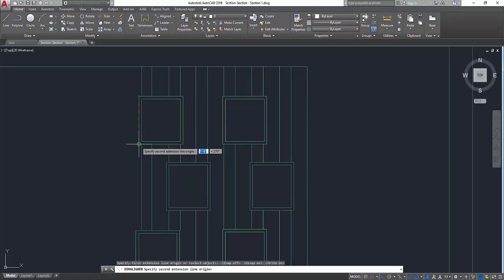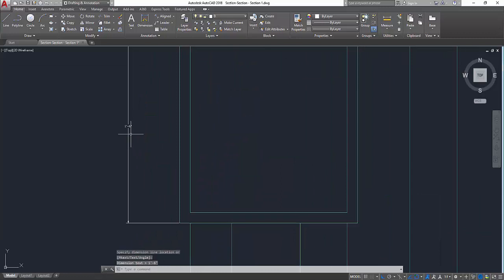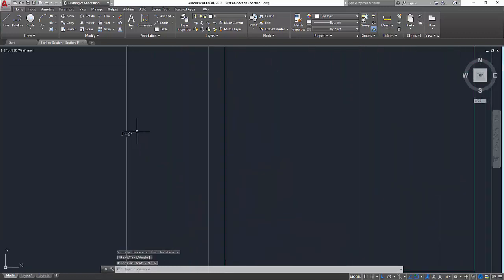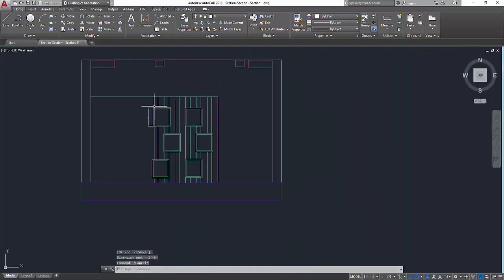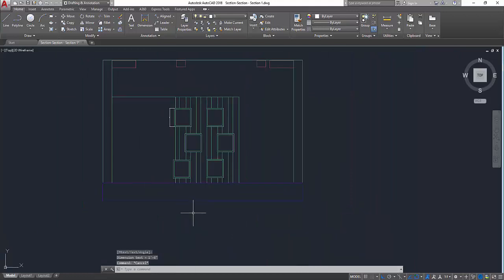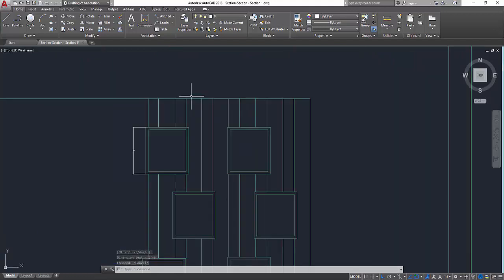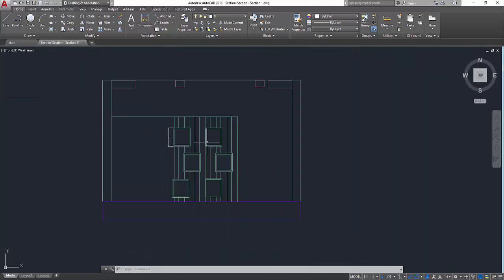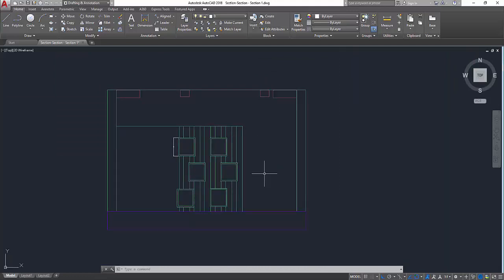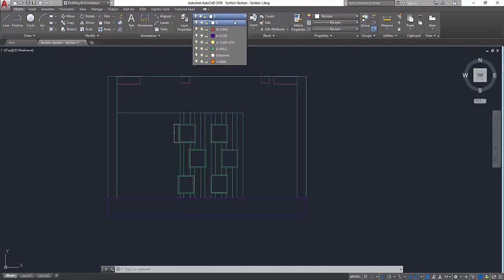Whatever dimensions are there, I will give to my customer. You can see it makes my work much easier if I do it as per the standard values. One more thing: the layers are also added, and they come by default if you're taking from Revit to AutoCAD.